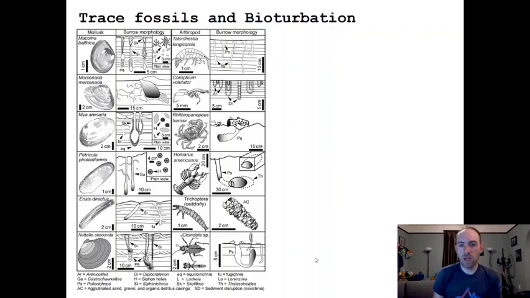And then finally, we'll talk about trace fossils and bioturbation. I'm not going to go into a ton of detail on trace fossils because we offer a paleontology course in this department where that is covered in a little bit more detail. Suffice it to say, if you're a sedimentologist or a stratigrapher, it is useful to understand what types of burrows and feeding traces and so forth